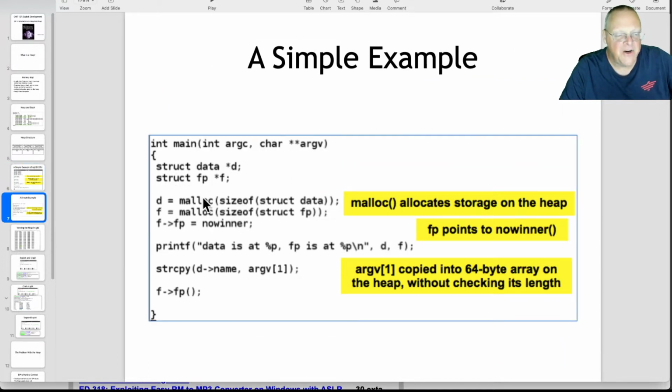Then there's a main function, and what it's going to do is allocate a structure on the heap for the data and then the pointer, and then it's going to set this pointer to no winner, and then it's going to run that function, FFP. So the point is, it's going to copy into the name the second argument. So you will be able to override the data here and change that pointer, and then change the address of